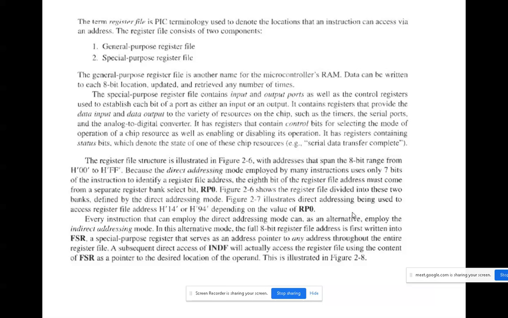It has registers that contain control bits. Here you will have the control register which has the control bits for selecting the mode of operation, whether you are giving the data or getting the data, reading or writing, or giving input or output. That mode will be indicated in the control bits or control register, as well as enabling or disabling its operation. It has registers containing status bits which denote the state of one of these chip resources. That means the control register will be holding the status bit also, which will indicate the